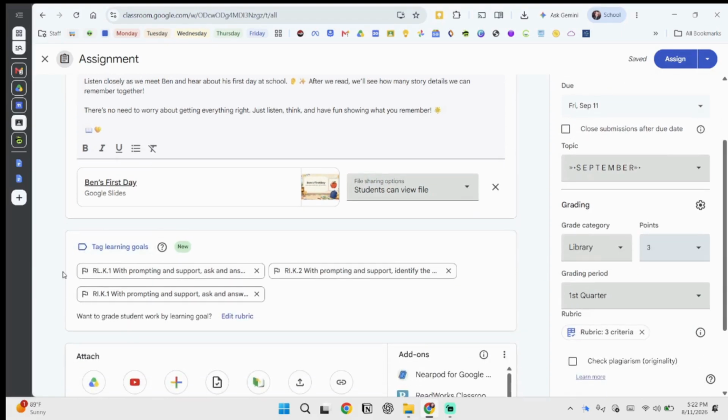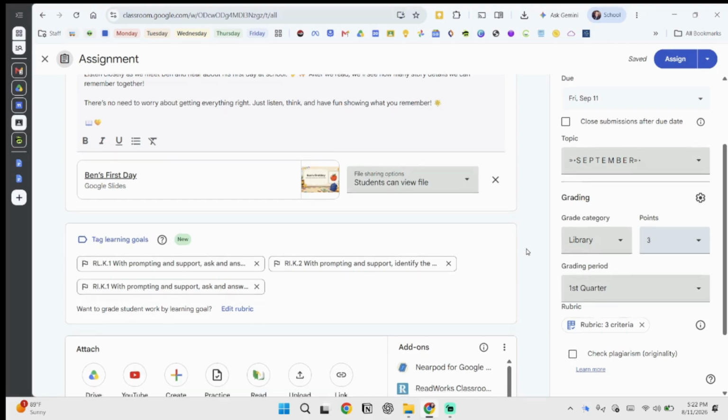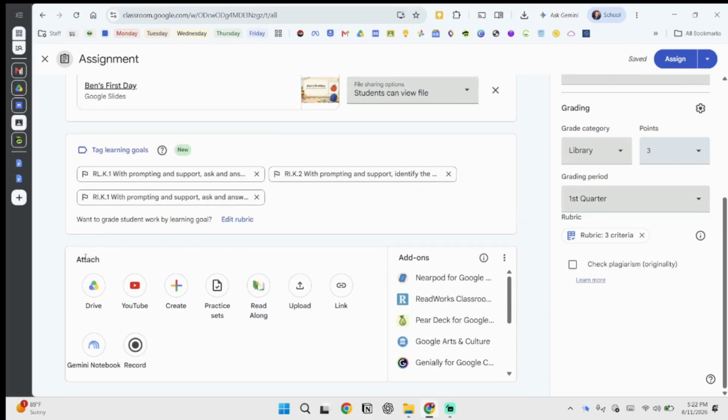I've gone ahead and added learning goals, which is also something new. You can go ahead and find your Washington State standards through here. That's not the point of this video, but it is something cool. And I've created a rubric using those learning goals. So that aside, the new tool that I actually want to show you is down under Attach, and it's called